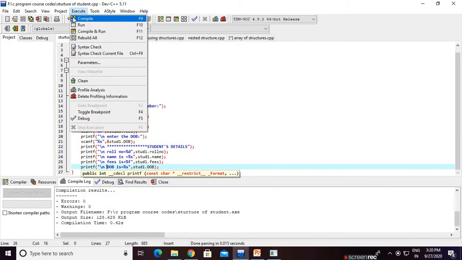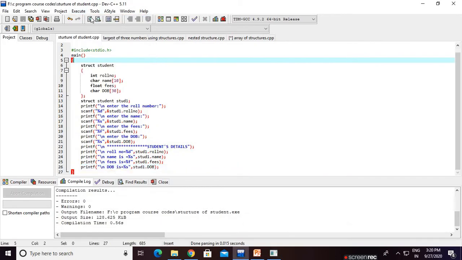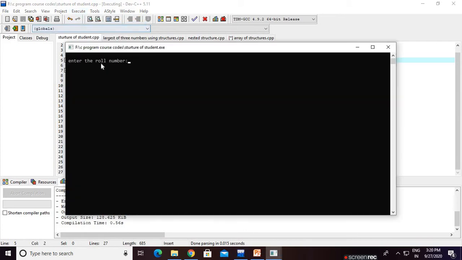Again click on execute, compile, run. Roll number is 1. Name is AM. Fees is 31,000. Date of birth is 29/07/1990.